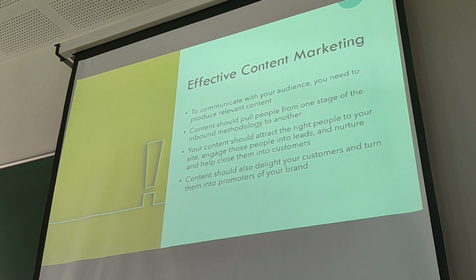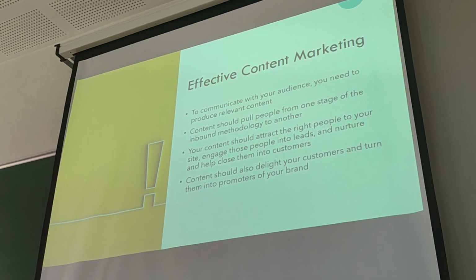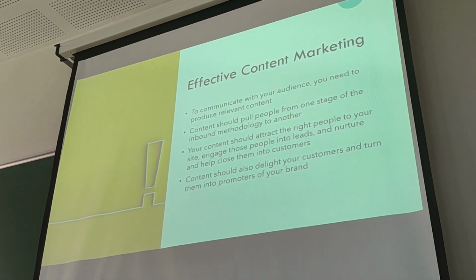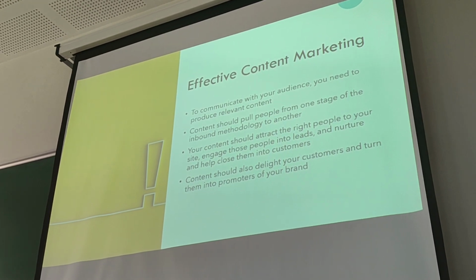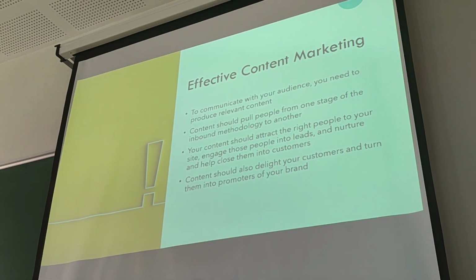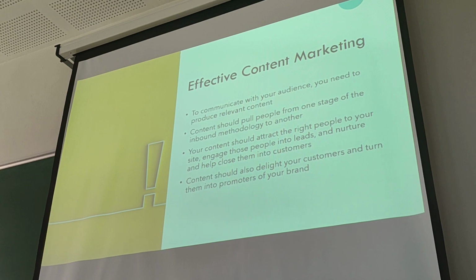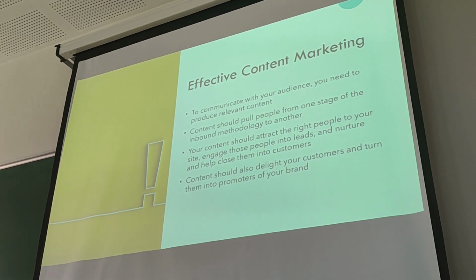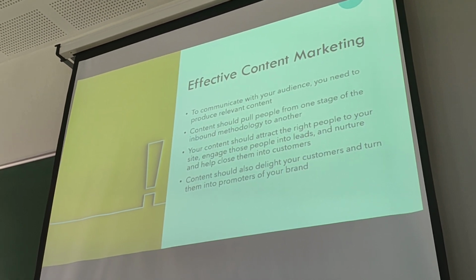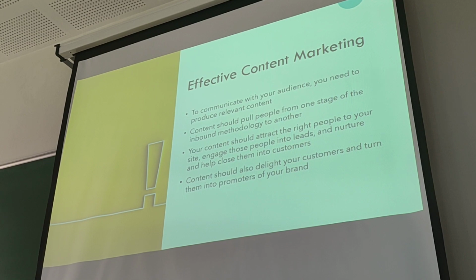So, effective content marketing. These are just what you need to do to produce effective content marketing. To communicate with your audience, you need to produce relevant content. There's no point producing content that's not relevant. If the UN Refugee Agency was producing content about huskies being cleaned, that wouldn't make any sense at all. So it's about making sure that the content you're creating is actually relevant to your brand or product. So content needs to pull people